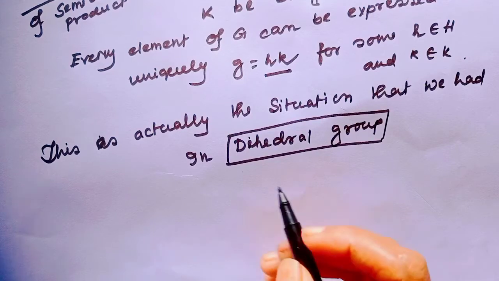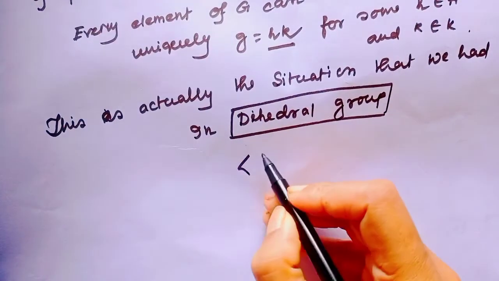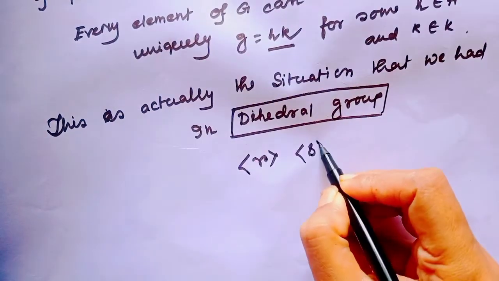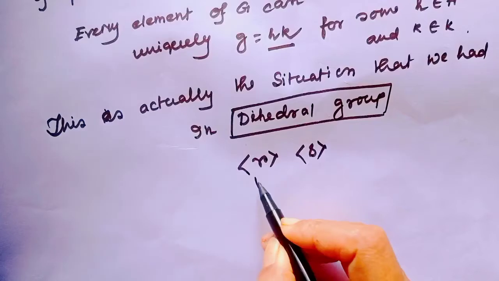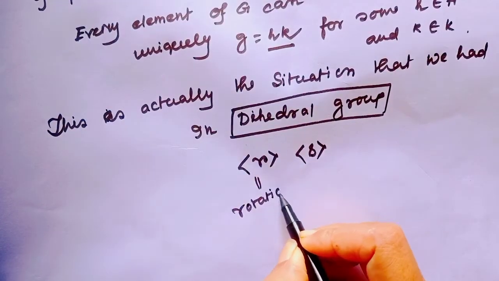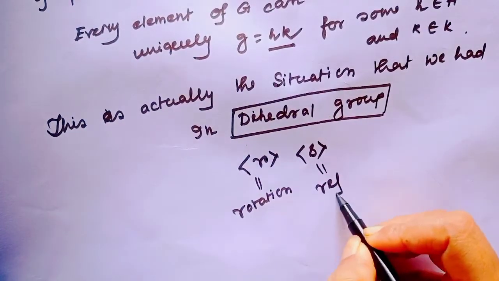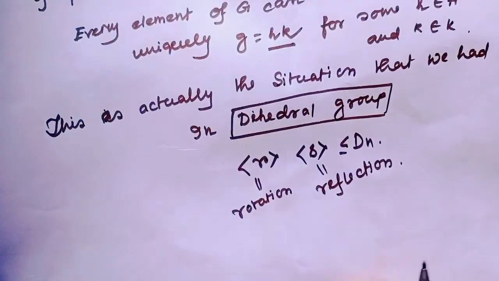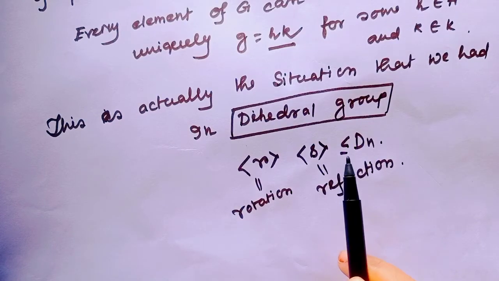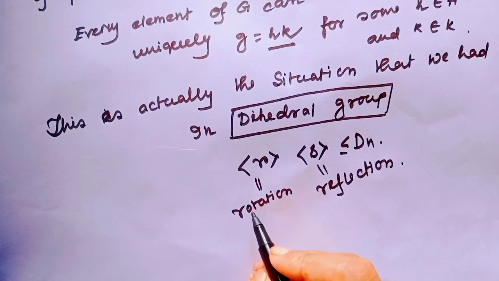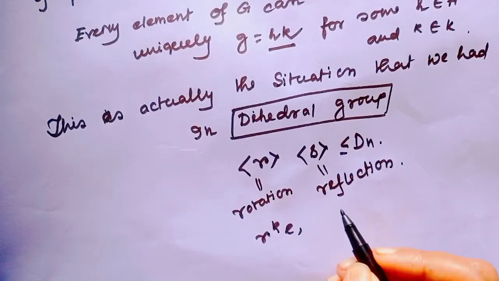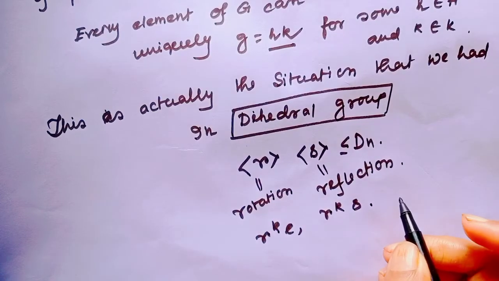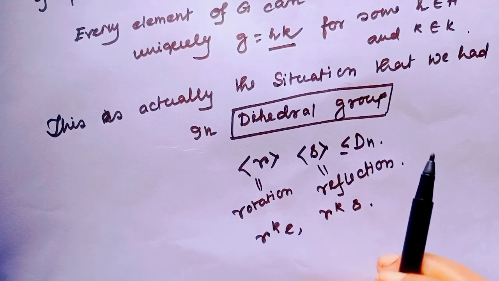We all of us know in the dihedral group there exist two subgroups. One subgroup is the cyclic subgroup generated by rotation and the other subgroup is the cyclic subgroup generated by reflection. This contains all rotations and this contains all reflections. This is a subgroup of Dn. Because we know every element in the dihedral group is written as either r to the power k times identity or r to the power k times s, because every element is either a rotation or a reflection.